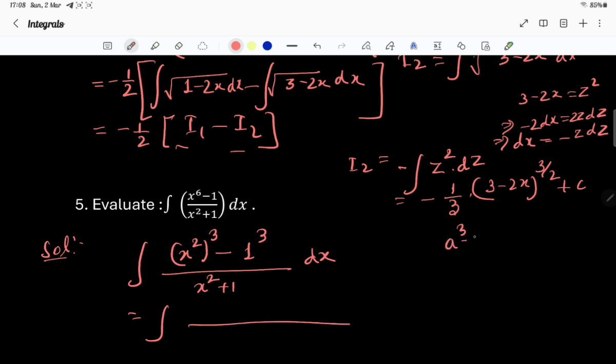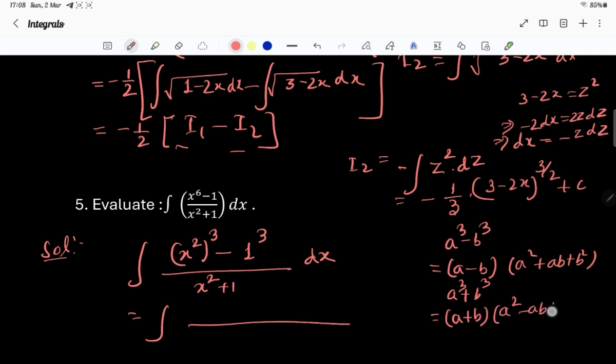a³ - b³ ফর্মুলা কী ছিল, a³ - b³ ফর্মুলা ছিল (a - b) ইন্টু (a² + ab + b²), তাই তো, বা a³ + b³ ফর্মুলা বললে ইট উইল বি (a + b) ইন্টু (a² - ab + b²)। ফর্মুলাগুলো কিন্তু ছোটোবেলায় শিখেছিস, কিন্তু এগুলো সবসময় মনে রাখতে হবে। ক্লিয়ার? আচ্ছা, বেসিক্যালি অ্যাকচুয়ালি দিস কোশ্চেনে আই থিঙ্ক দ্য প্রিন্টিং মিস্টেক ইজ হিয়ার, ইট শুড বি মাইনাস। ওকে,